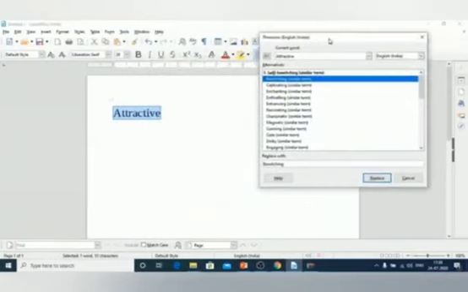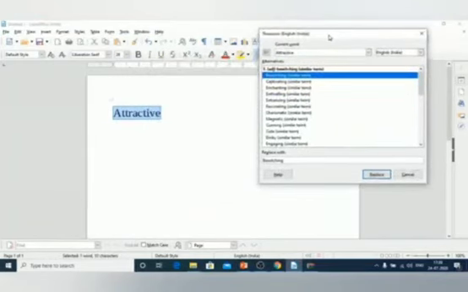So we have this dialog box opening after we click on the thesaurus option. From this dialog box you can see a number of synonyms are present here. We will select one synonym.